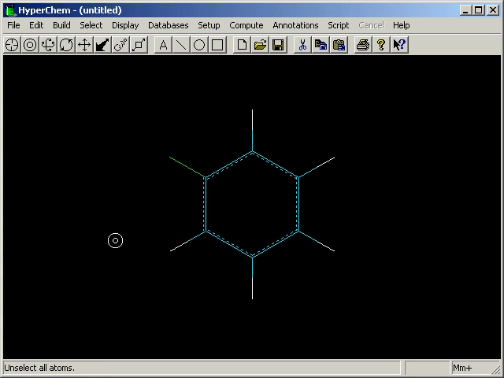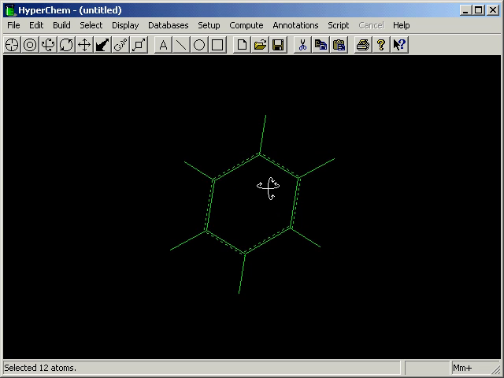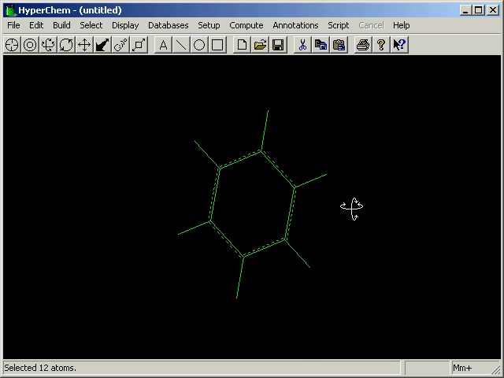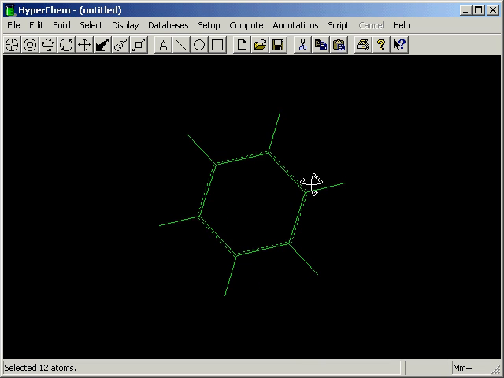In the same way, we can select line. And line, if we select the whole benzene molecule here, line is a line that is parallel to the primary principal axis of the selection. In this case, because of benzene, the primary principal axis is degenerate with the secondary, and there's not a specific direction. However, if we were to